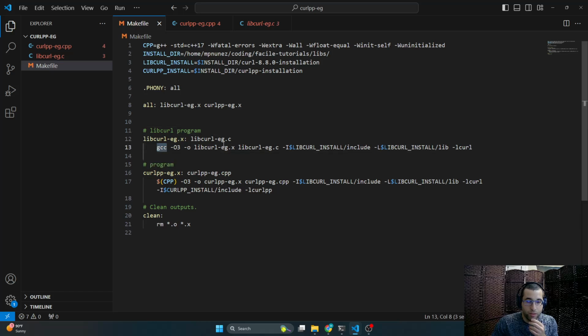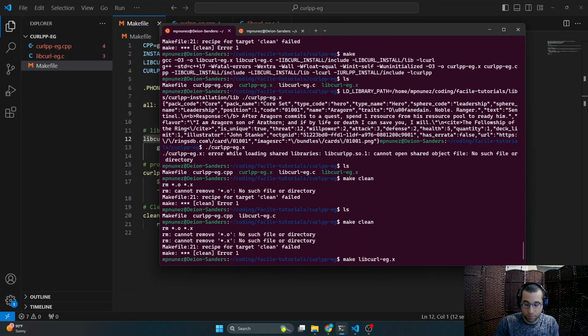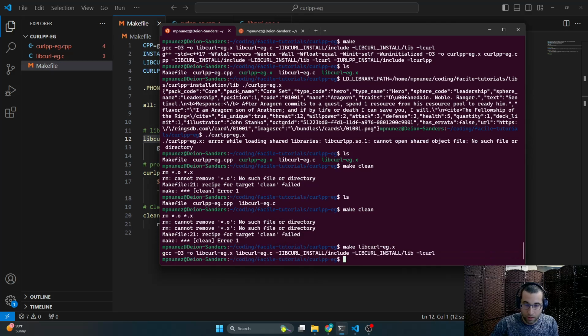So we want to build it with GCC, and we're going to call the executable libcurl example.x. This is our source file, and we do -I include directory and -L. This is the lib folder, and the name of the library is libcurl, so you do -l curl, and this will build it with static linking of the libcurl library. If I call the makefile now with make libcurl, then it will build this executable,